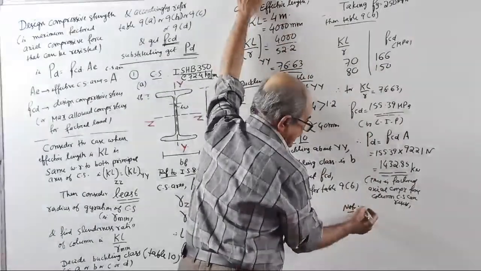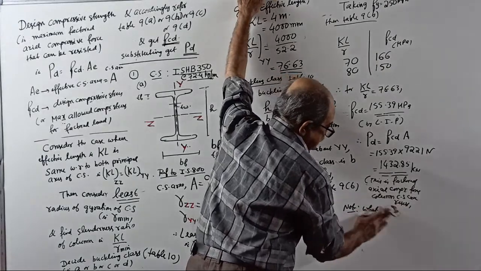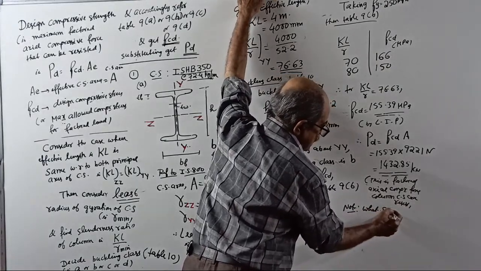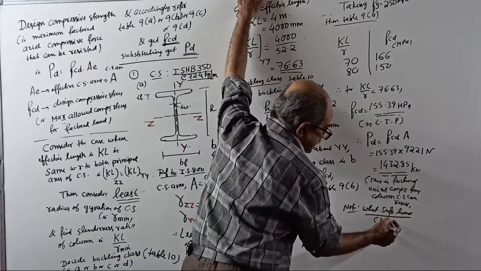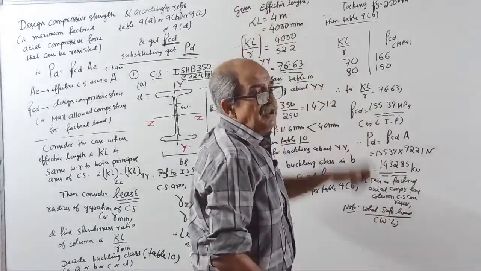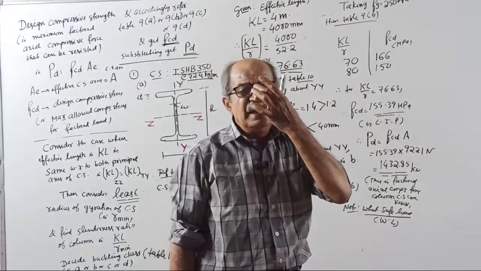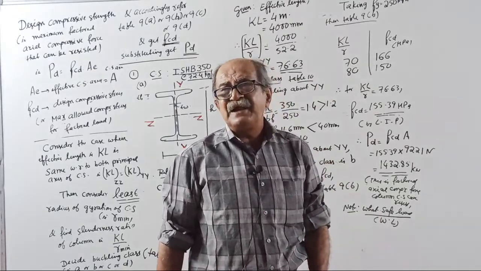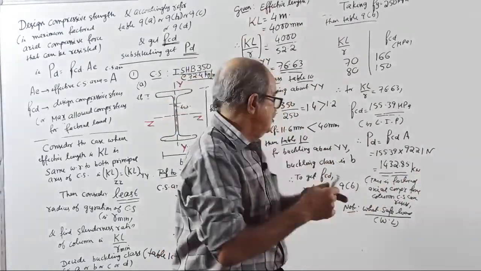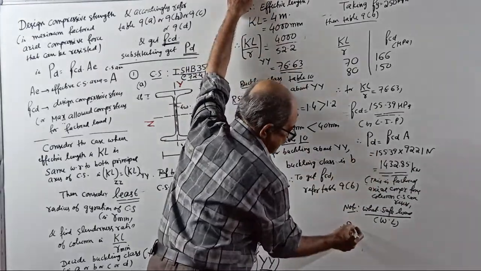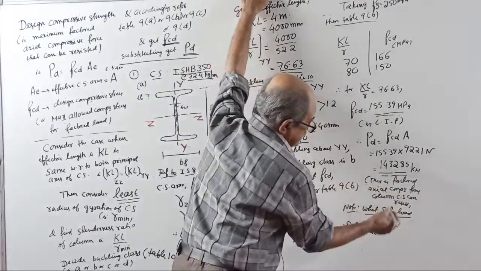Suppose you are asked to find the safe load. Remember, safe load always means working load. Factored load is ultimate load. If somebody wants, you don't talk about the factor at all. Tell me practically how much load I can apply. Then you write, therefore, safe load, working load condition, is